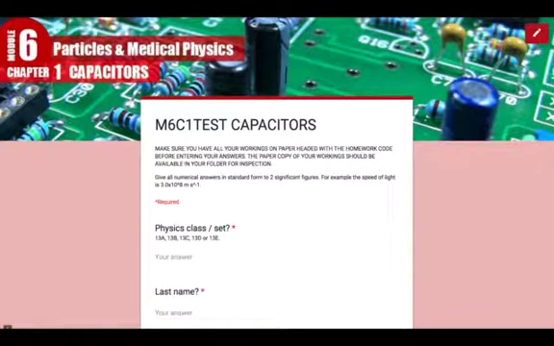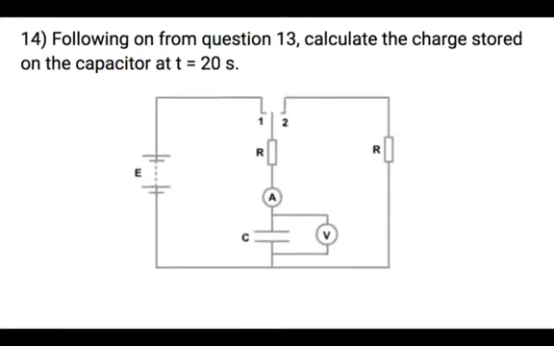M6C1 test capacitors. Question number 14, which follows on from question 13. Now we need to calculate the charge stored on the capacitor after a time of 20 seconds. So 20 seconds is within the time limit from when the switch flicks from position 1 to position 2, so